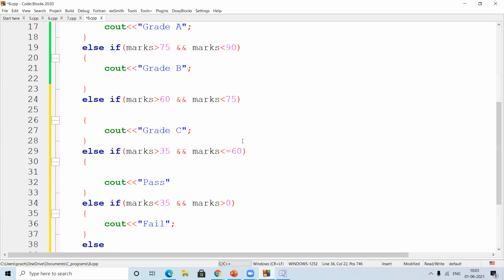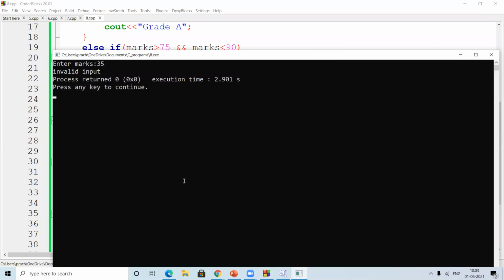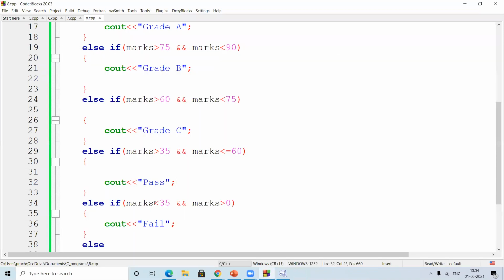Okay, so here I'm running this. Syntax error. With 35, here I need to put less than or equal to.